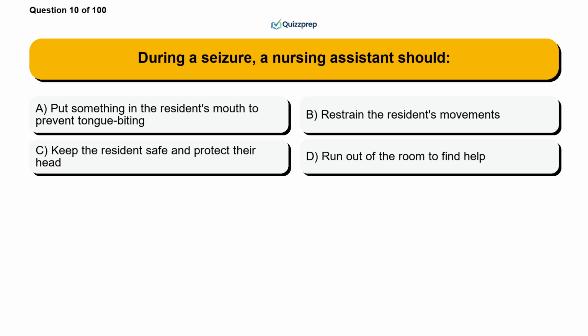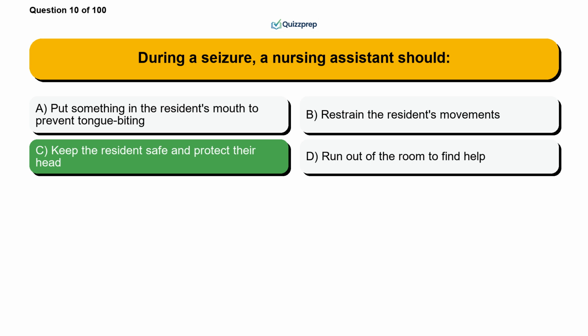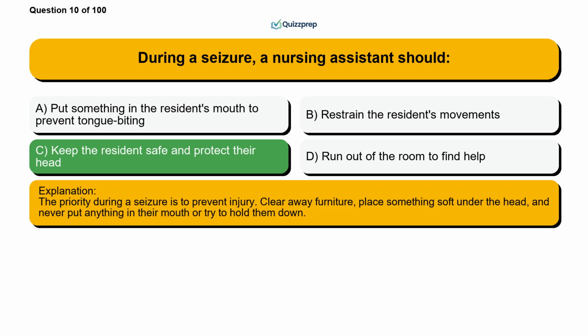Option C, keep the resident safe and protect their head. Option D, run out of the room to find help. The correct answer is option C, keep the resident safe and protect their head. The priority during a seizure is to prevent injury. Clear away furniture, place something soft under the head, and never put anything in their mouth or try to hold